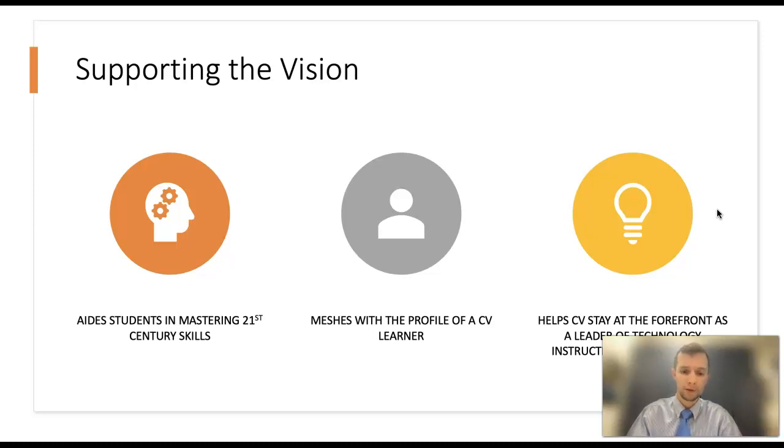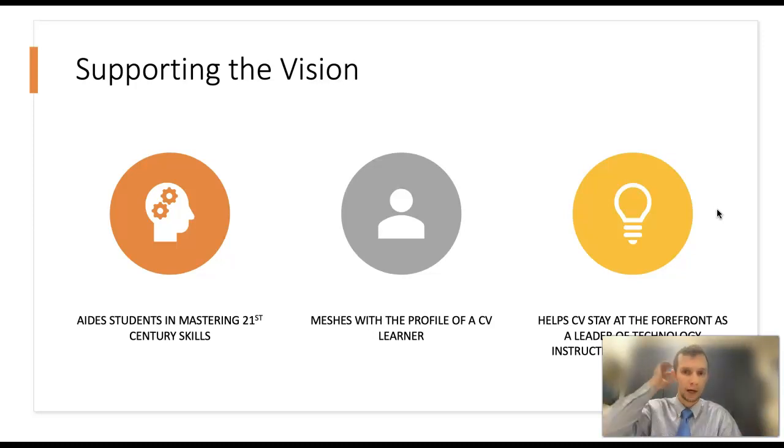And Edpuzzle fits perfectly with that. The innovative problem solver, that is an aspect of our CV profile. The collaborator, that is an aspect of our CV profile. And the communicator. Edpuzzle allows for those three aspects, and it works seamlessly. And so if we were able to make this partnership with Edpuzzle and bring them on board to our education, I think we can help our students fulfill those aspects of that profile in better ways, more efficient ways,